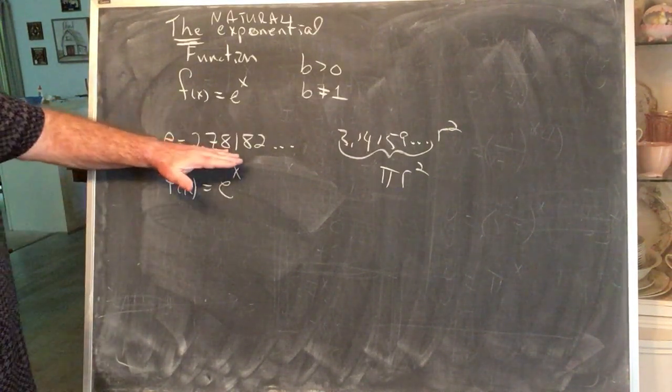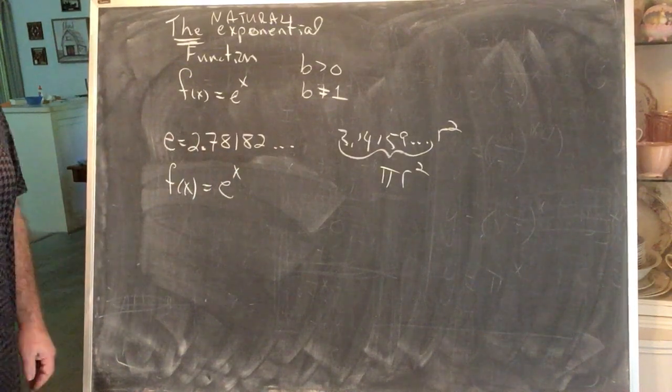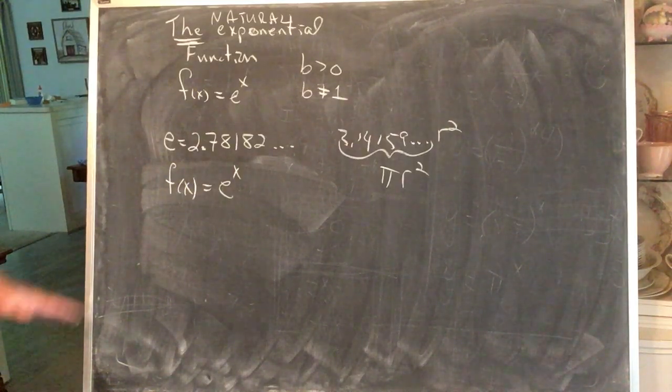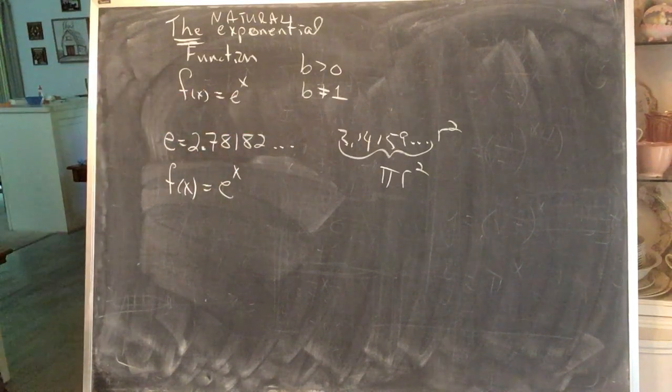And so this is fundamentally important in all sorts of types of modeling, all sorts of representation of the natural world. For our purposes, we're going to talk about this function, what properties it has, how to use it, how to do those computations.